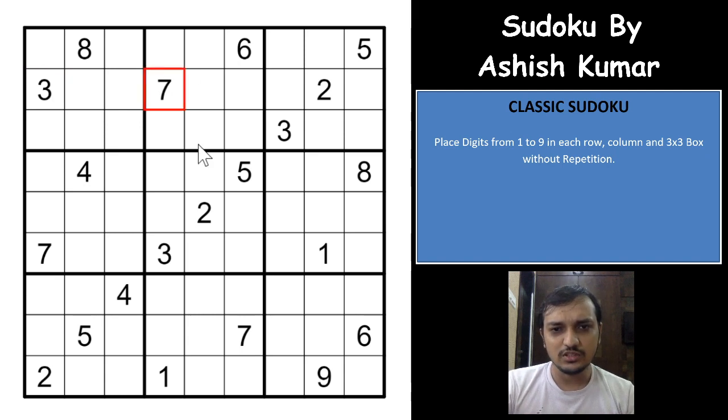So as you can see, the 7 here and 7 here will give you a 7 here because of the 7 here, and the 3 here and here will give you a 3 here because of the 3 here, and then you get a pencil mark of 3 here. Okay, the 1 would have to be here in this box because of the 1 here and 1 here, and because of the 1s in rows 5 and 6 you get 1 in one of these two cells, right?